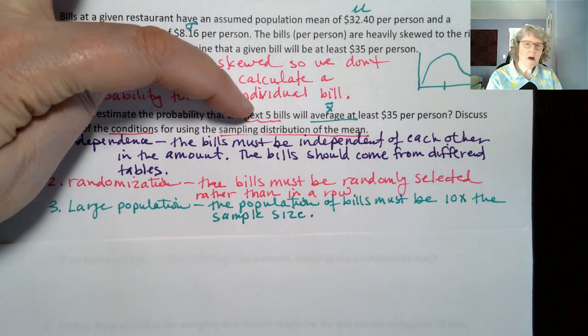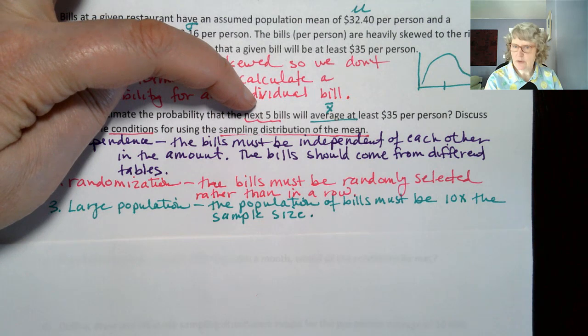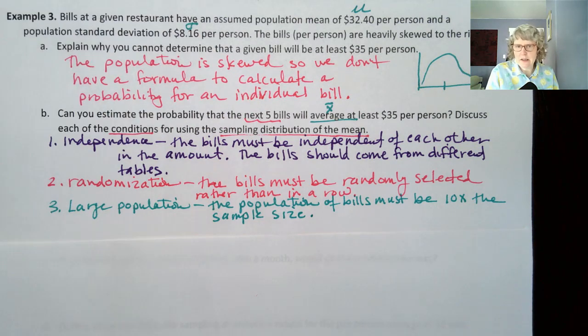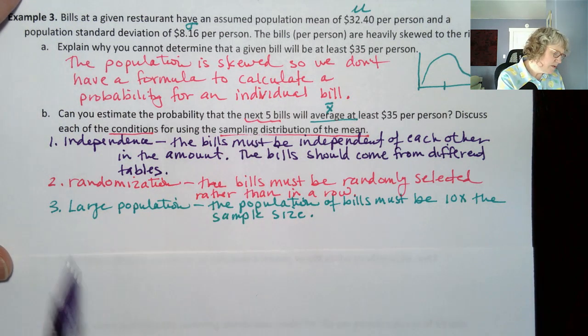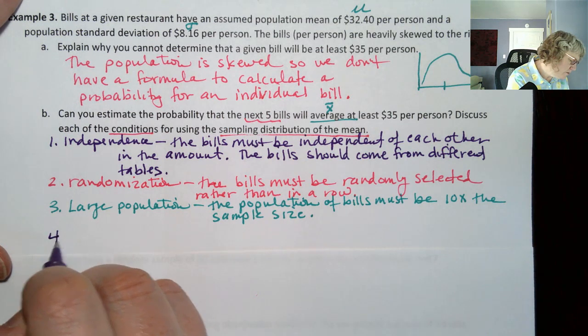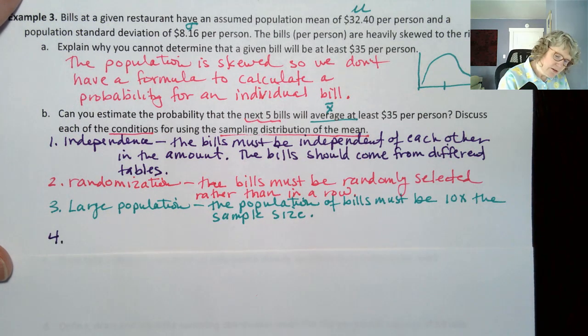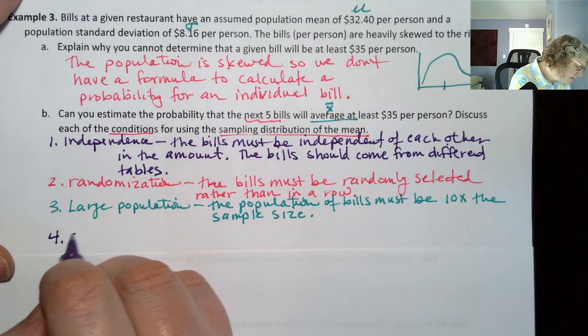Okay, so if we used 5, we would need 50, right? Which seems like no problem. Like, let's say in an evening, a restaurant serves at least 50 tables. I don't know exactly. If you have experience with that, you might know better than I do. But I want to do sample size first, and I bet you can guess why. So for a mean, sample size